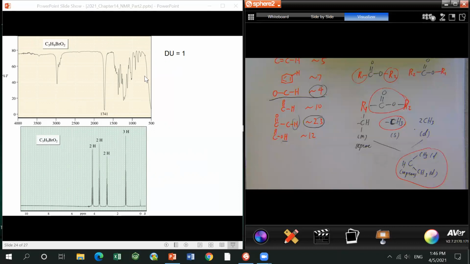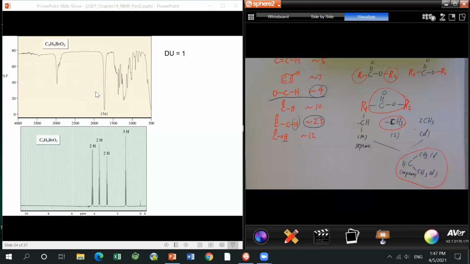you then need to find the carbonyl. Can anyone tell me what functional group is in this molecule, just by looking at the IR? The hint is here. Yes, that's right, a carbonyl, C=O double bond. Remember for IR, the first thing you need to look at is any peak around 1700, the carbonyl. Once you know there is a carbonyl group,